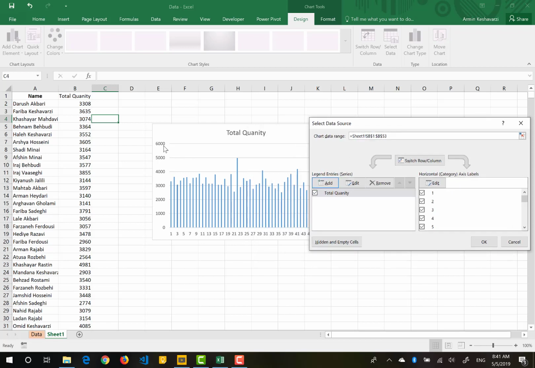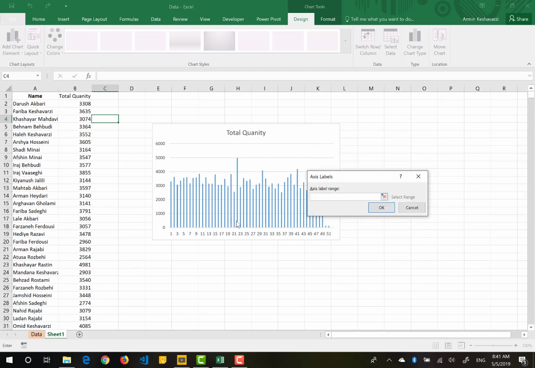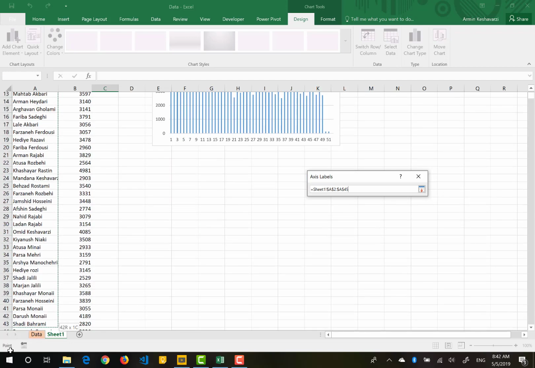As you can see, the maximum number is 5,000. And now you can see Excel automatically adds values to your horizontal axis, because you need to have some horizontal axis, and by default Excel adds 1, 2, 3 until the integer number on this axis. But you can edit the horizontal axis by editing that, and then select the axis label range, that is my A column,